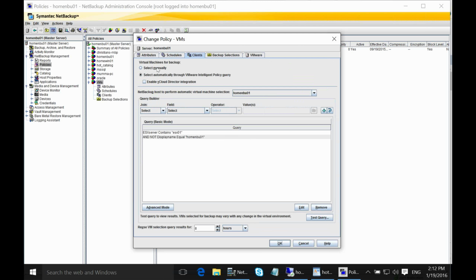The biggest difference is the Clients tab. So in here, you can actually create a query that will go out and search all vCenter or all ESX hosts that you have registered with NetBackup and return VMs based on your search criteria. So for example, here I have VMs where the ESX server contains the letters ESX01 and the display name does not equal home MBU01. So if we run a test query,